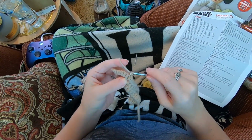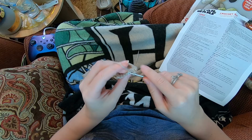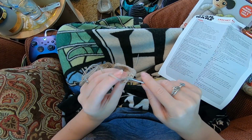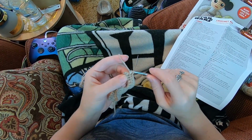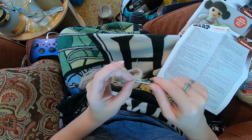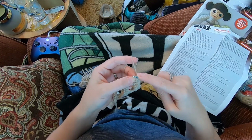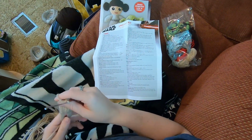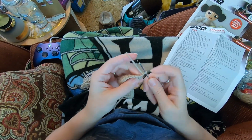1, 2, 1, 2, 3, 4, 5, 6, and then here's our last. This is our chain to turn. This is our last stitch that we work into. We're putting 2 into here. 1, 2. That was 4. Okay, so 5, chain 1, turn, starting here,